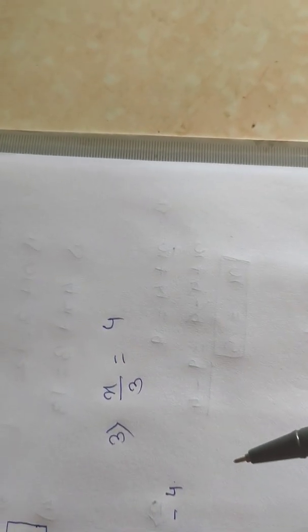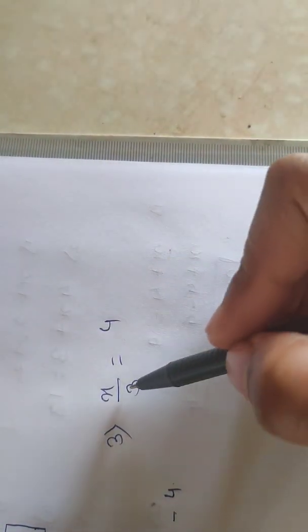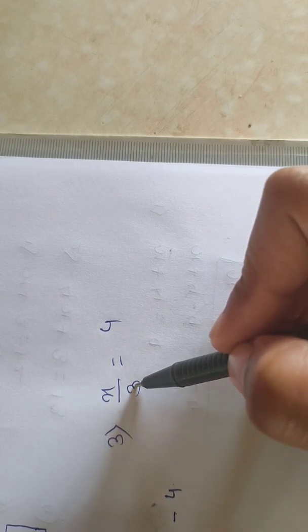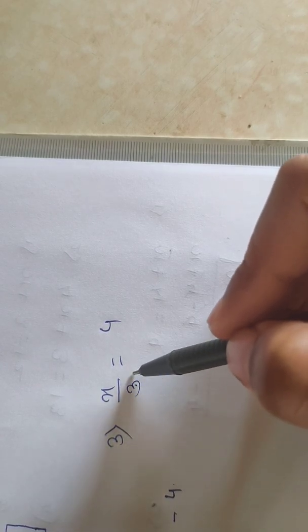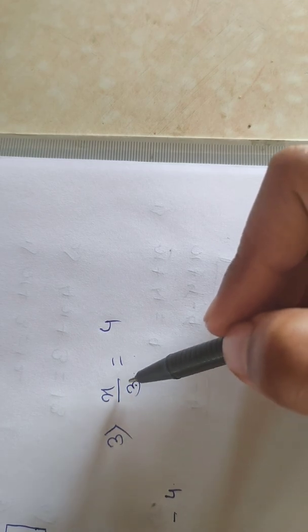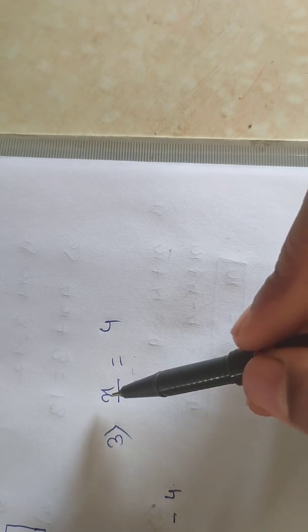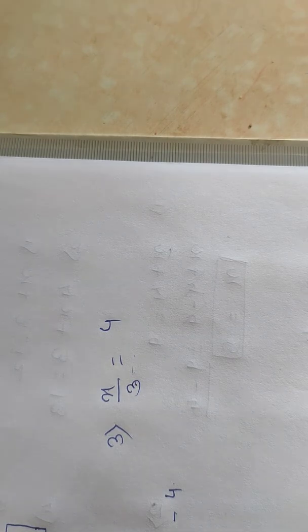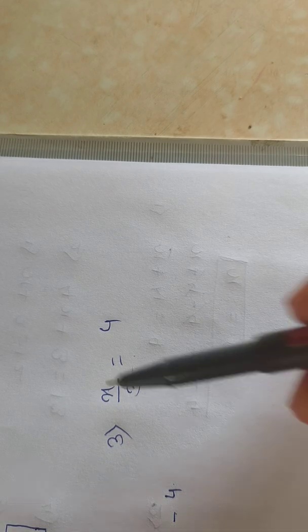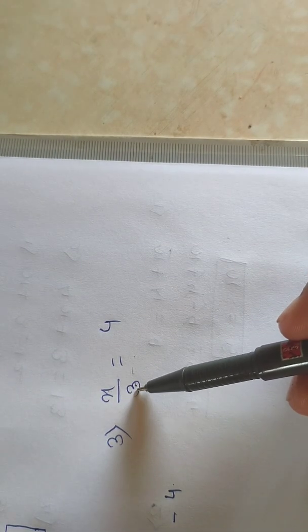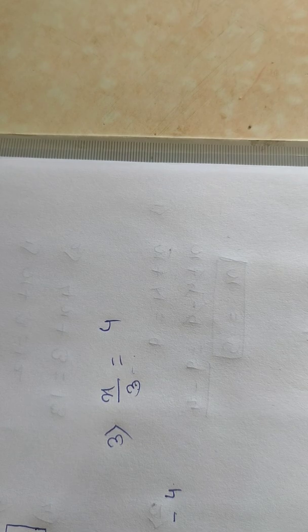But what about numerator and denominator now? Now 3 is in the denominator. That means it is a division part. Can we make 3 minus 3 0 here? No. We cannot make 0 here. Why? Any number divided by 0, we cannot find the value of that. So if I make 0 here, I will not be able to find the value of x. But what is asked? Find the solution of that equation. Solution of that equation means I want the value of x. If I make 0 here, I could not find the value of x. So I will not use that method.